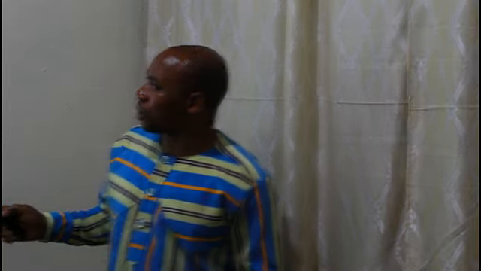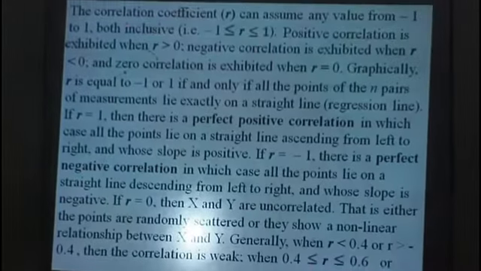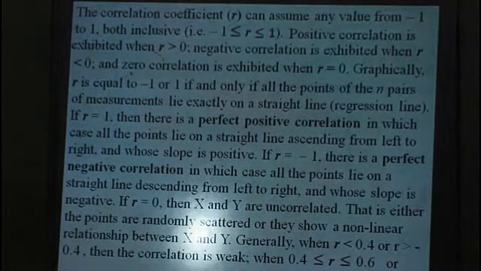Now, the Pearson product movement correlation coefficient R normally ranges from -1 to +1 inclusive. Now with this, whenever the correlation coefficient, that's the Pearson product